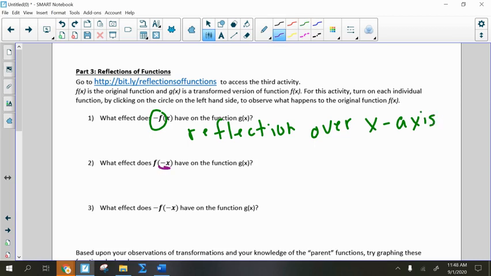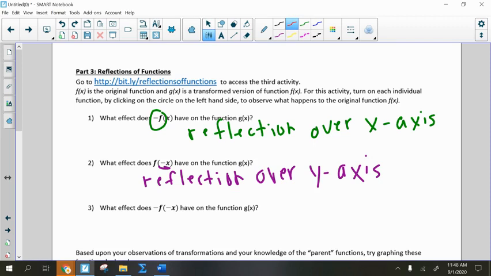And if the negative is inside the parentheses, so attached to the x, it's changing all of the x values, so the x's go from positive to negative or negative to positive. So that means it's a reflection over the y-axis, or across, if you'd like to say it like that. Okay, if you do both x and y, so this is both a reflection over the x and over the y,